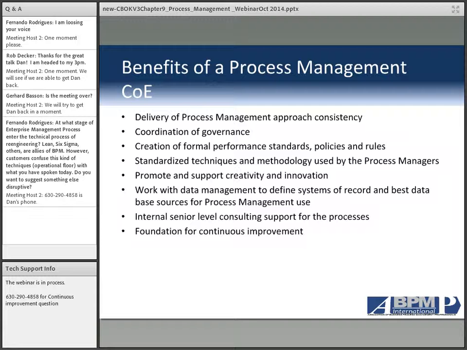Now, one of the things that it doesn't really help you do is move towards optimization, because it's typically dealt with from an isolated standpoint. So I'm going to fix this problem. The Six Sigma monitoring told me I have an X problem, so I'm going to fix that. And so you don't have a broader context typically. You could, but typically you don't find that. But the bottom line on performance management and continuous improvement is it's a critical component of helping a business evolve to a better state.